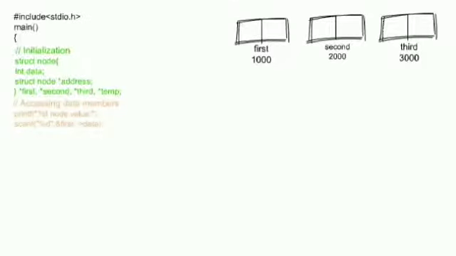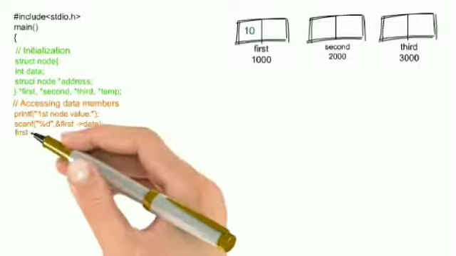In the second part of the video, I'll show you how to access the members of the data field. First, we have claimed the input from the user. In the scanf statement, in order to access the field, we can use the arrow operator. So, scanf %d ampersand first arrow mark data. This stores the given value into the data field of the first node. Consider the value as 10.